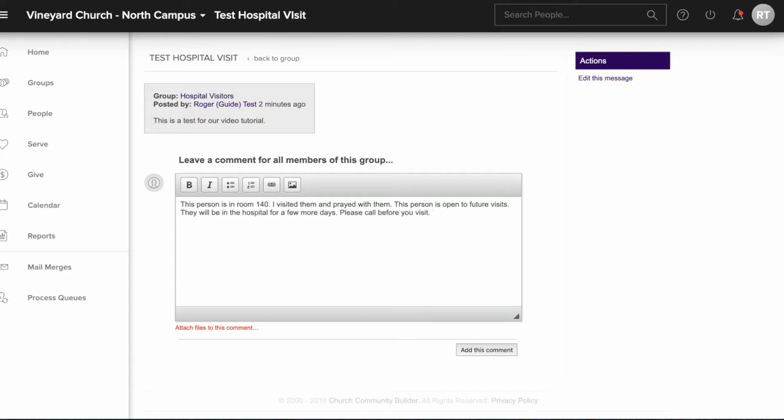And whatever other pertinent information will help future hospital visitors to know, just good protocol or information to know what to do before I visit this person. So what's going to happen is when I click add comment,